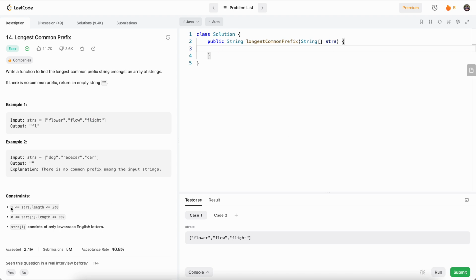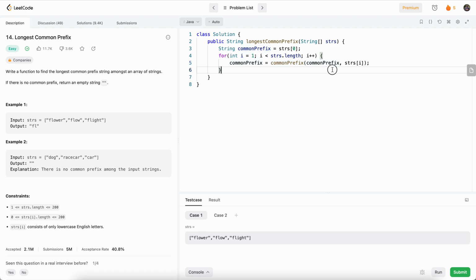And we are given that there's at least one element in the array, so we can safely dereference the first element. So we'll start with defining our common prefix to the first element of the array. Then we will loop through from the second element up to the last element of the array. So here's our loop, and then what we'll do is we'll replace common prefix with the common prefix of the common prefix and strs[i]. And we'll write this function which will basically get the common prefix of two strings,